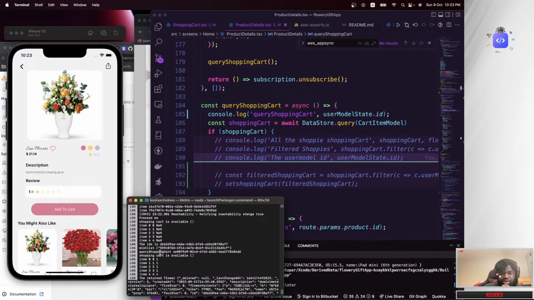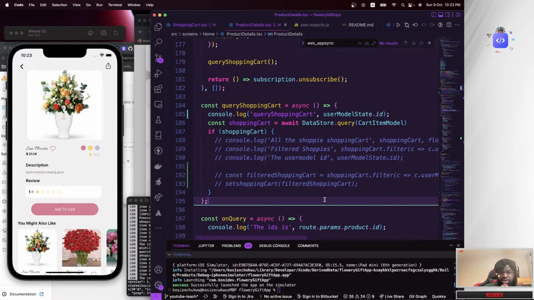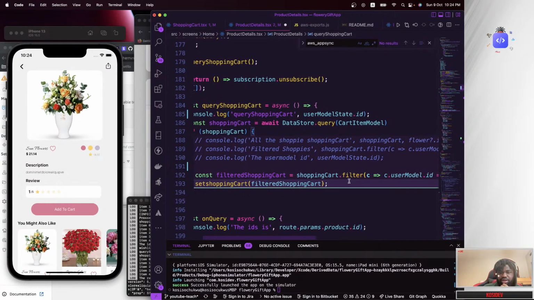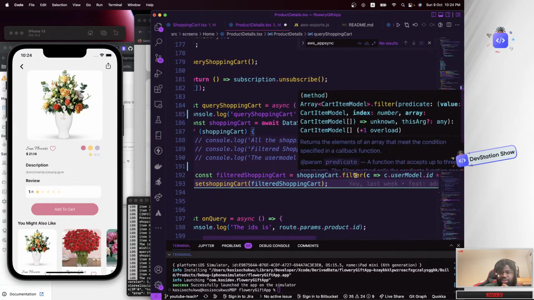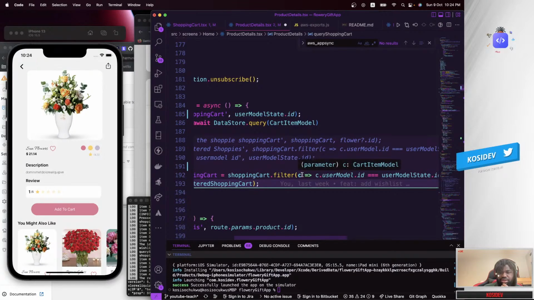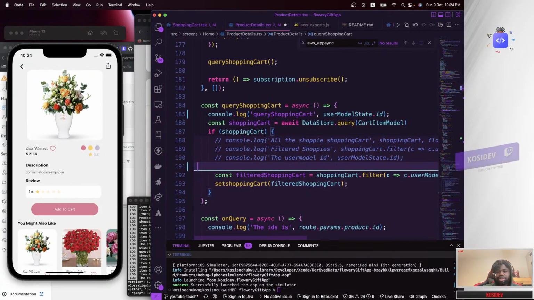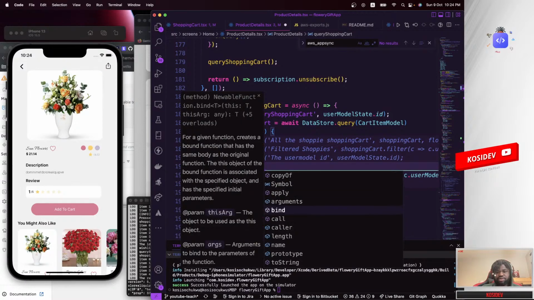Okay, yeah, we could see it here, but if we decide to actually open this and then filter shopping cart, which is an array of cart model, the filter where C represents a cart model, and each of our cart model, every cart model that we created has